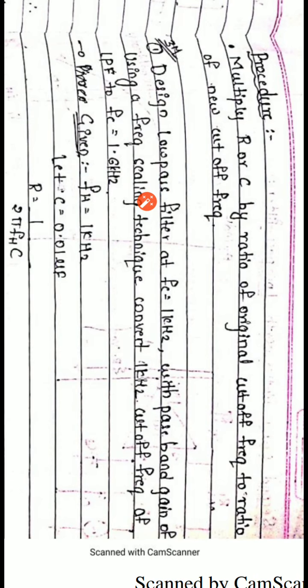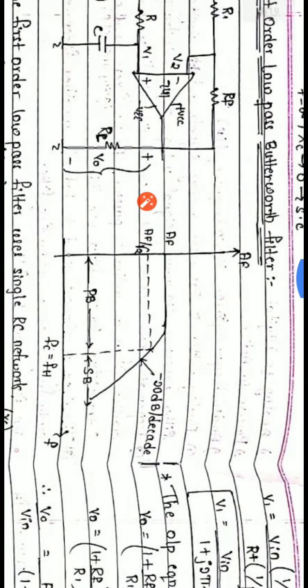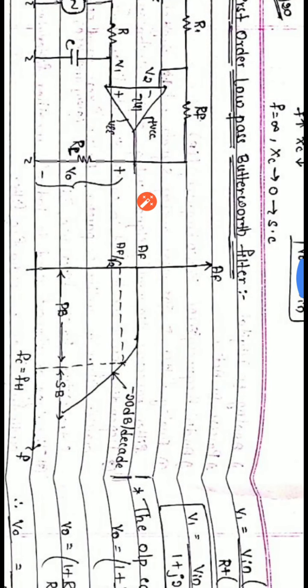There are some problems that have been solved here. Using the cutoff frequency and resistor values, we need to find the capacitor, or we need to find the resistor R. Like this, we have solved one problem here. Many problems are solved in the other notes also. Just go through this and you'll find the different problems. So this is about the first order low pass filter. The same thing will be done for the second order low pass Butterworth filter, which we will discuss in the next video. Okay, thank you.